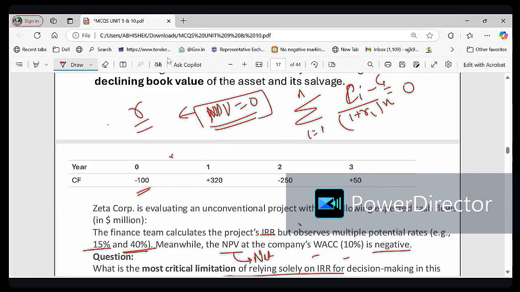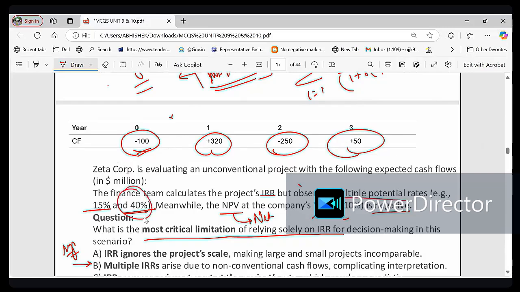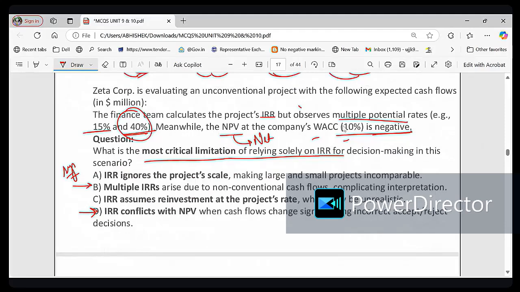What happens whenever cash flow changes sign? See, here it is negative, here it is positive, again negative, again positive. In such a case, you will get two IRRs, you will get multiple IRRs, meaning more than one IRR, right? You may see that your return is 40%, but actually it is not. So in that case, NPV always gives you the real value. So remember, this is the limitation of internal rate of return, that in unconventional cash flow,